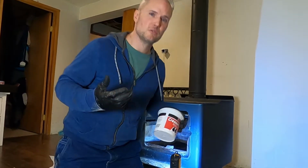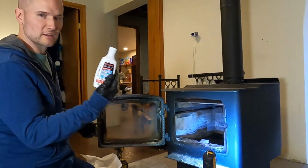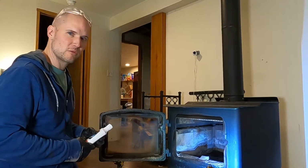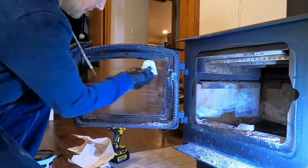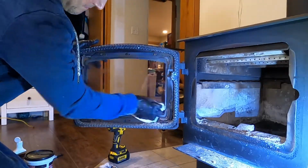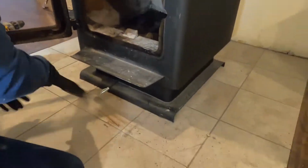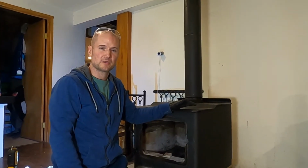So the last thing we're gonna do is clean the door with just a regular Rutland glass cleaner, which works amazingly well and quickly. We'll vacuum the rest of the stove, and then we'll get a fire going. Couple last tips. Usually